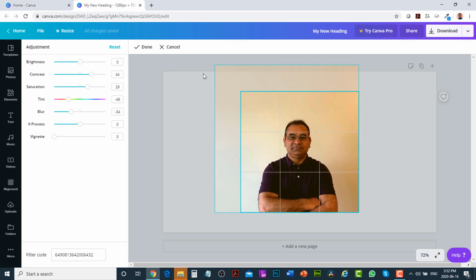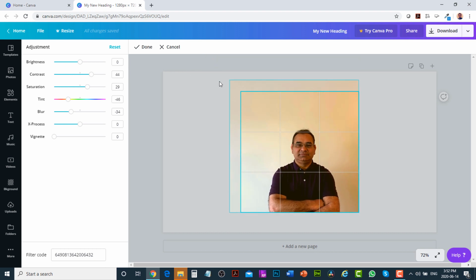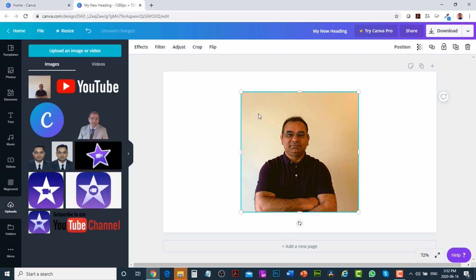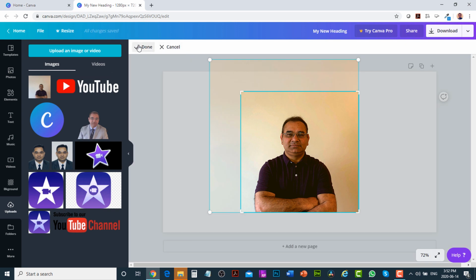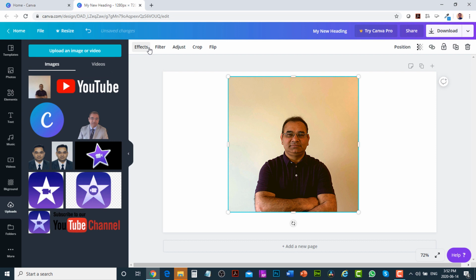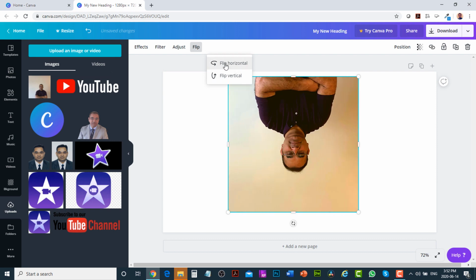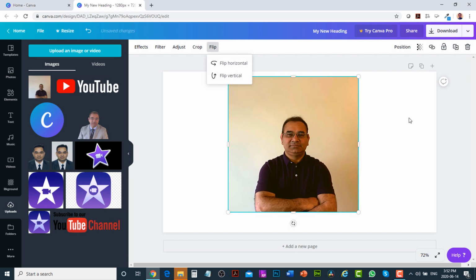Okay, so this cropping is basically increasing the size of the picture inside the area. And then once it is done, you can click on done. Then you can flip as well, flip horizontal and flip vertical. And then on the right side, we can also,